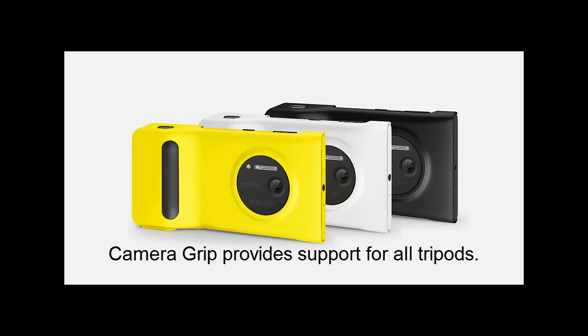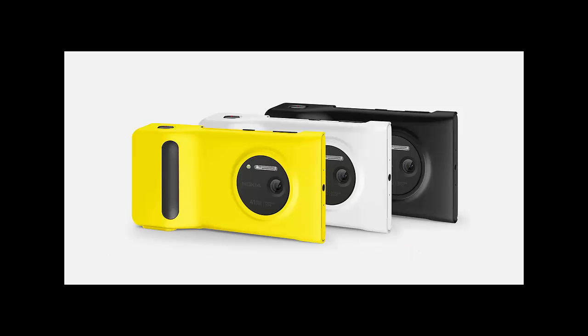In fact, let me rephrase that. I will call it a point-and-shoot camera phone with a very high megapixel count, which is 41. And mostly the 41 megapixels is not exactly about basic image quality. When you zoom in, you'll be able to zoom in so much that it still won't be pixelated. In fact, that'd be really good if you like to zoom in and see people's faces and see